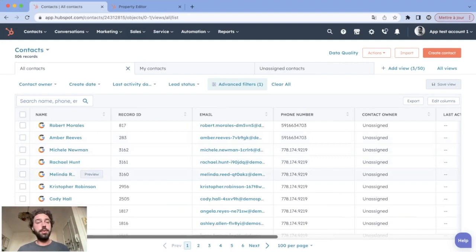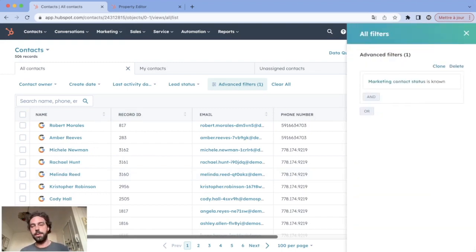Our fourth hack will also use the contact view page to do massive edits or massive lead attribution. Normally, if you want to update properties in bulk for a specific segment of your database, you will need to create workflows. For instance, this list triggers this workflow that will update this property. If you do so every time you need to do these one-shot edits, you will create a lot of unused workflows that will complexify your operations, and that is not what you want. But with these advanced filters settings, you can do something way more